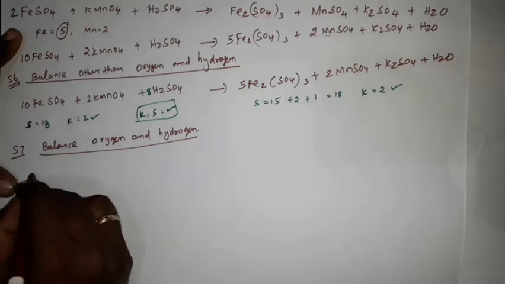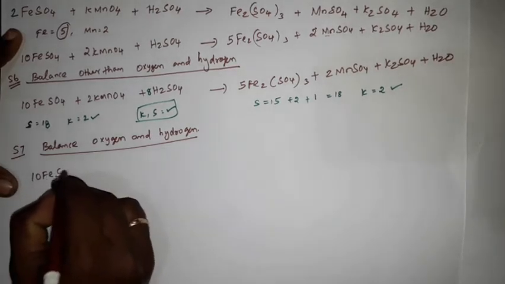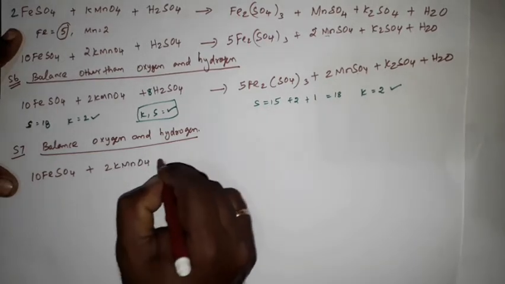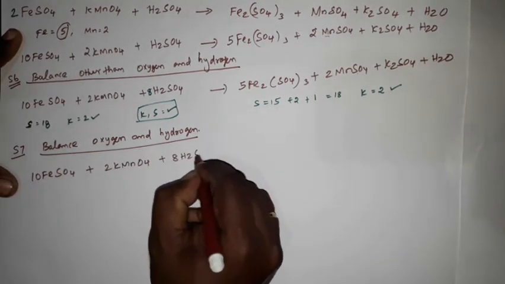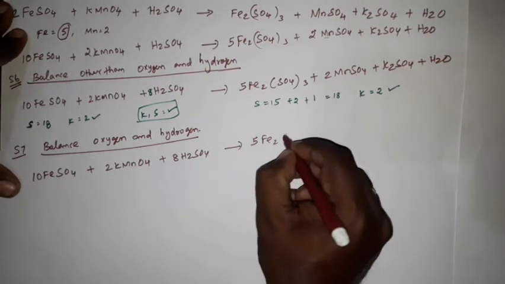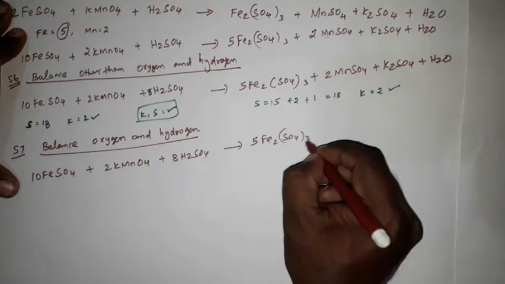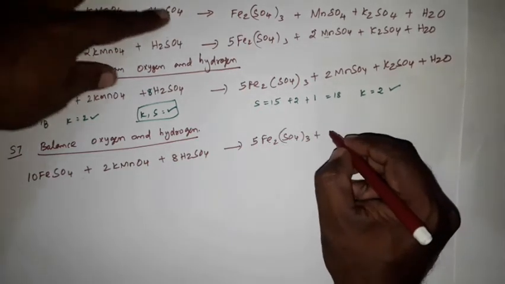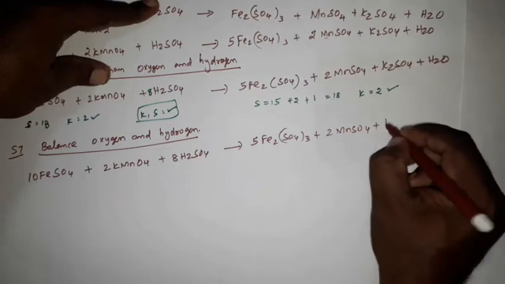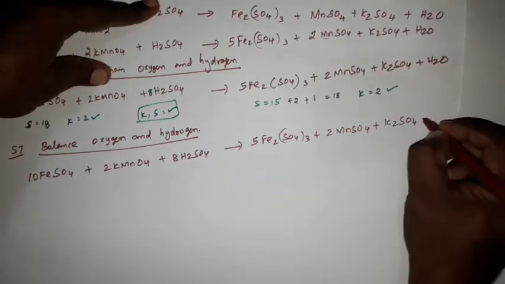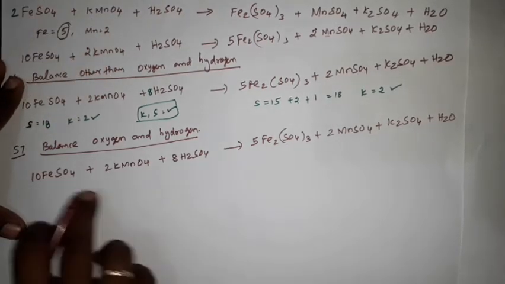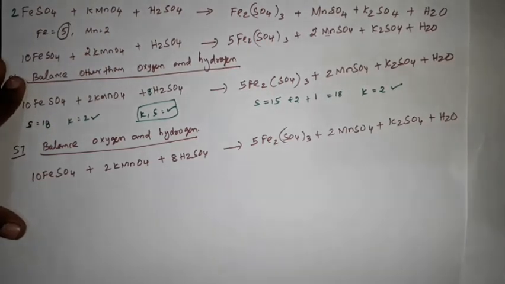So now write the equation, 10 FeSO4 plus 2KMnO4 plus 8 H2SO4 gives 5 Fe2(SO4)3 plus 2 MnSO4 plus K2SO4 plus H2O, clear? Now in this step 7, we are balancing